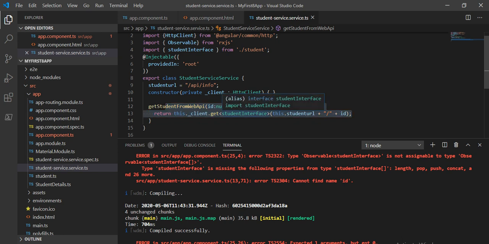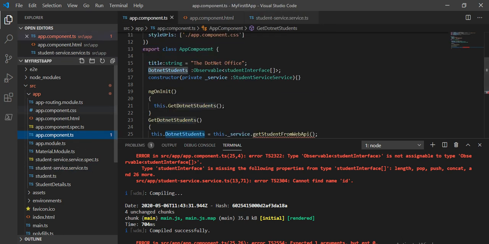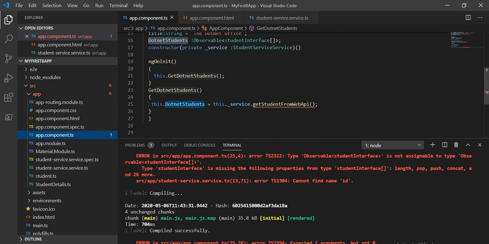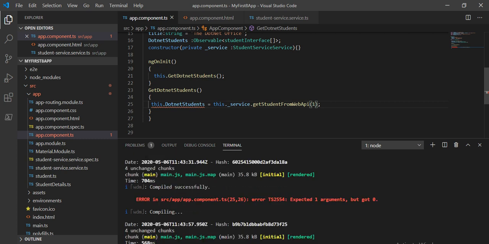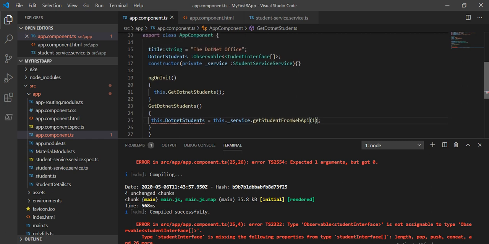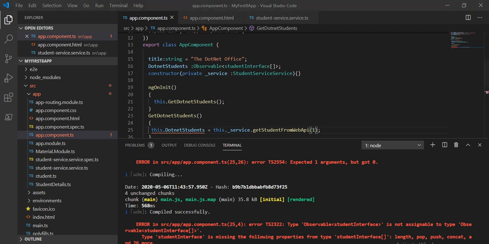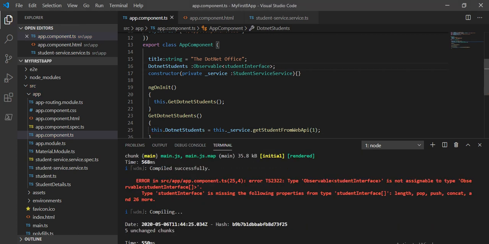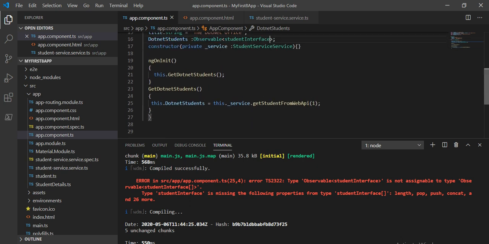And the next change we have to make is in this component. Here it is expecting one parameter, so we have to pass which ID. I want the data for the ID 1. Now the next thing we have to do is change this, because here we defined it as an array, so again we have to change this data, because now it is taking the single data. So that is the second step we have to make.